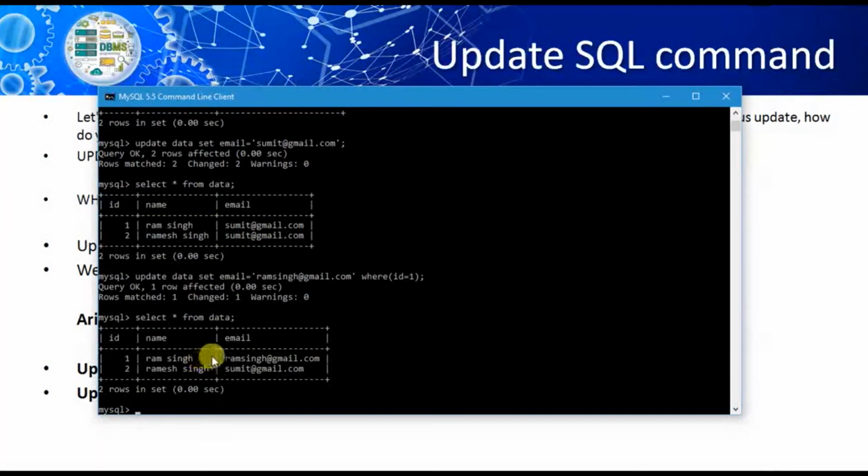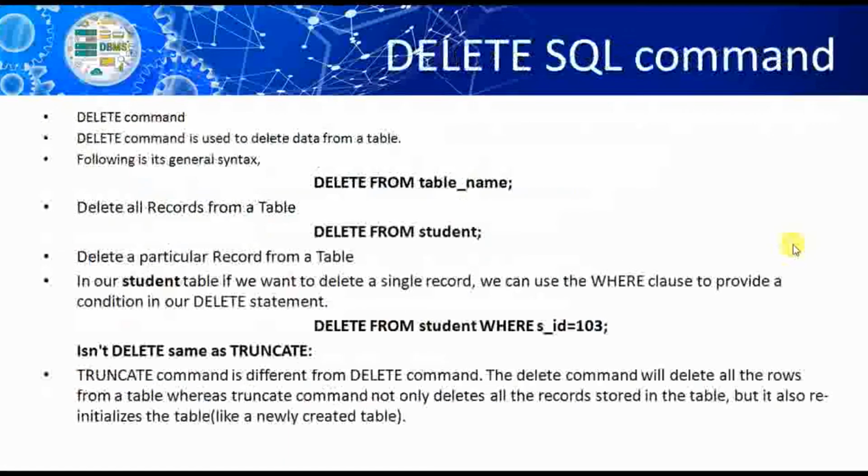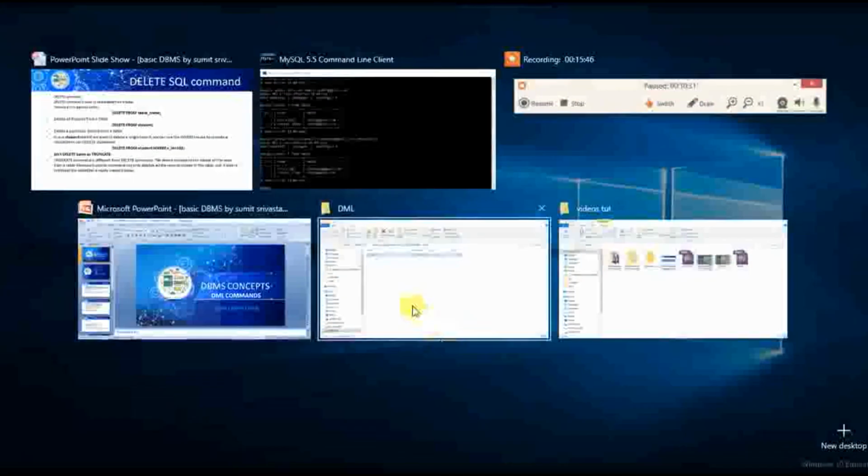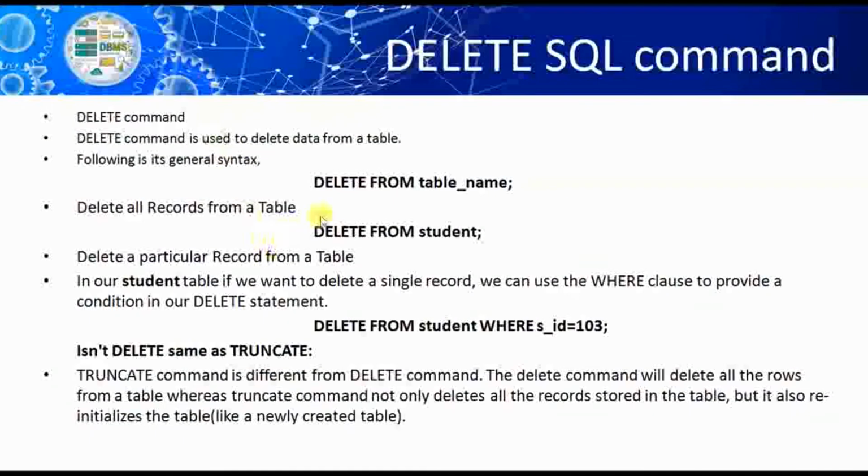Okay, the next command of DML is the delete command. Let's run this command again. The structure of the delete command is delete from table name. It will remove the whole data, and just as we passed the where clause with the update command, if we pass the where clause with delete, it will delete the specific data only. Now look at here,